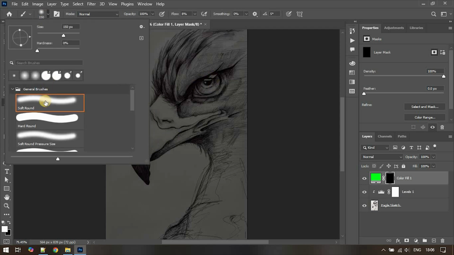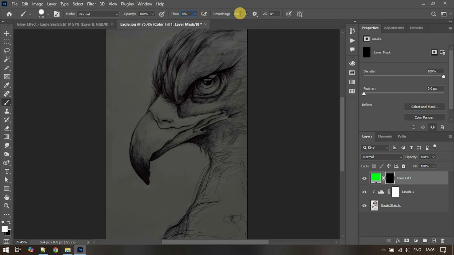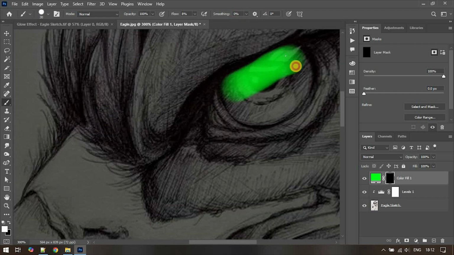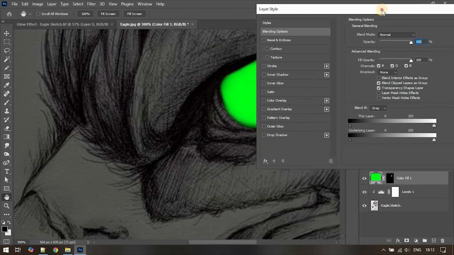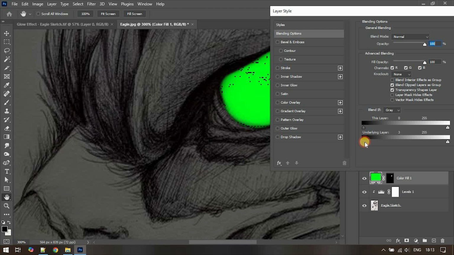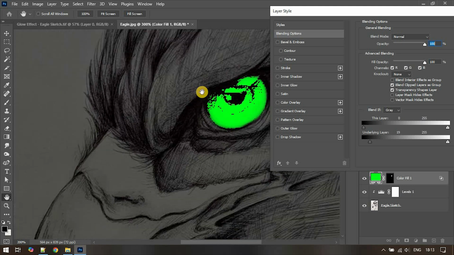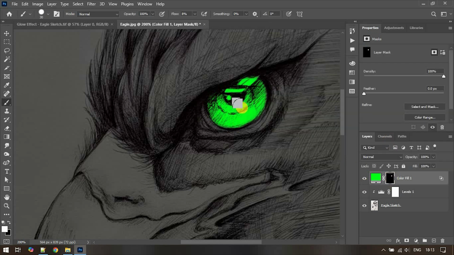So with hard round brush selected and opacity set to 100, flow less than 10 and smoothing to 0, let's start drawing over its eye. Now double click on this layer, go to the blending options and move the underlying slider towards gray, which brings back the black lines. If it is fading your paint so much, press Alt and split the slider to make a range of colors to fix it. Now this brings back the black lines, which makes this look like we are painting below